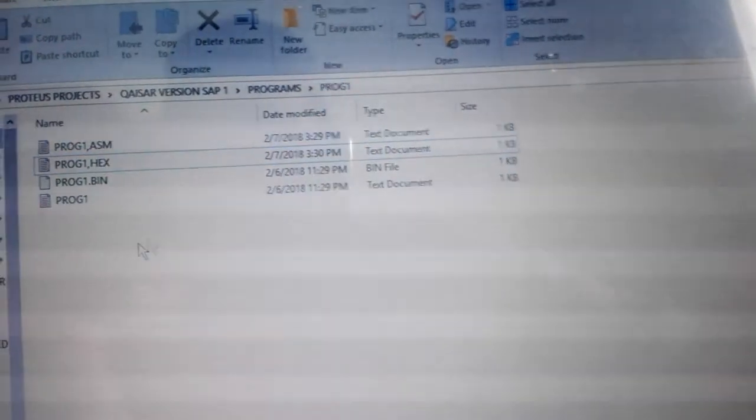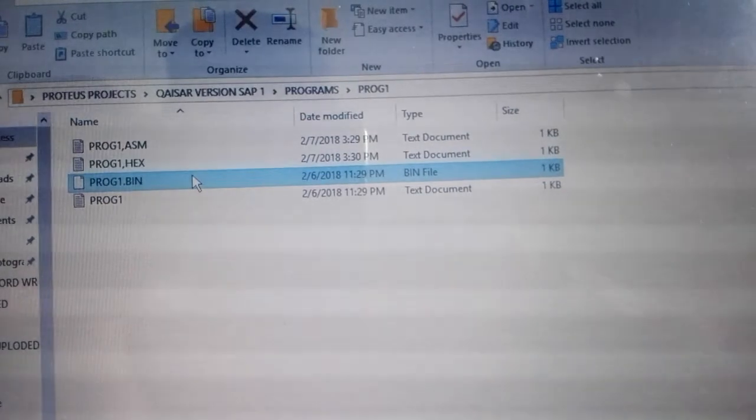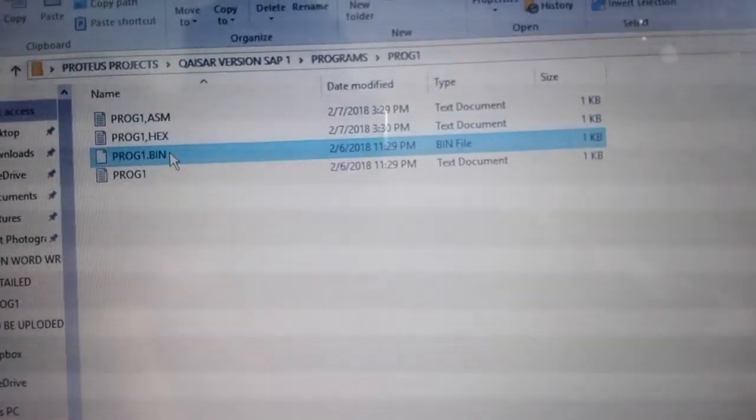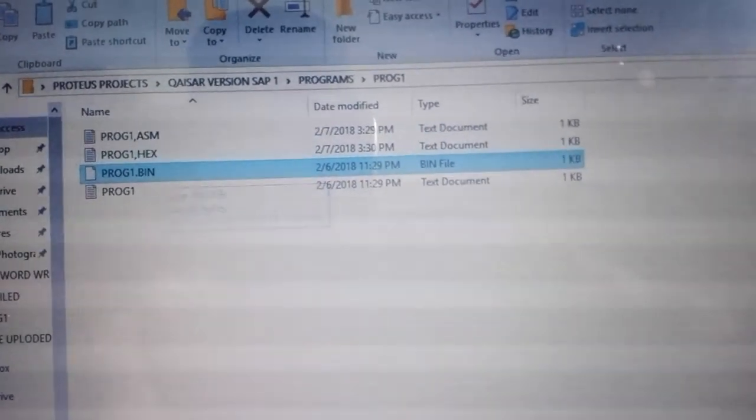So now I will store this file, this program, with the extension of bin, binary. I have already done that, and I got a file like program1.bin. So now I will go to Proteus. I have Proteus over here, and I will go to,